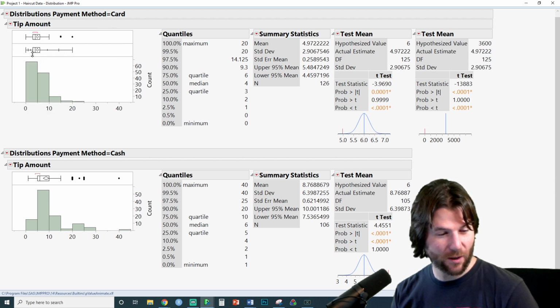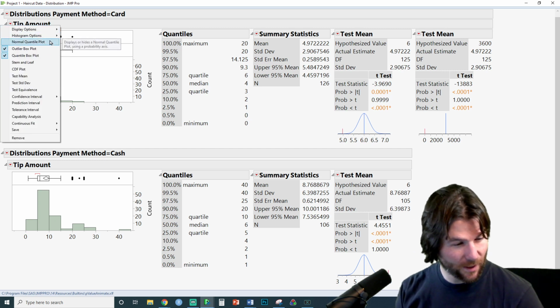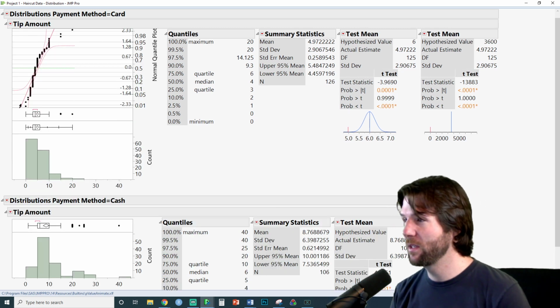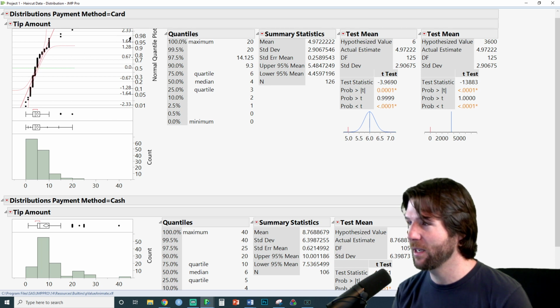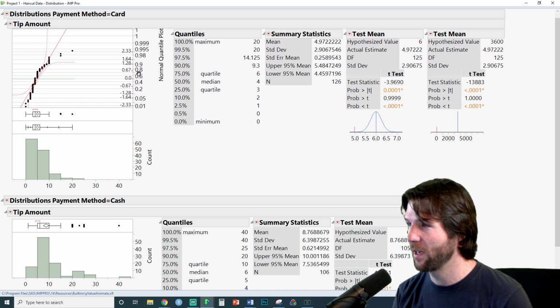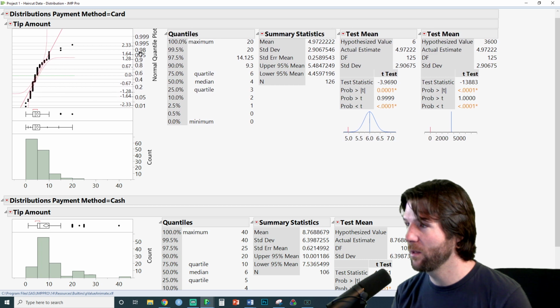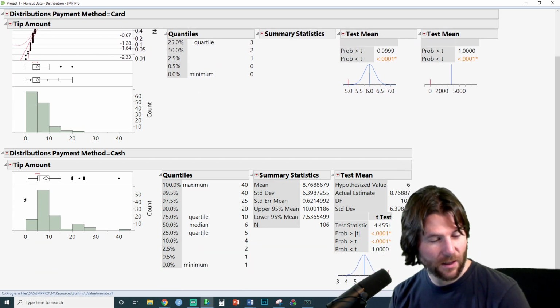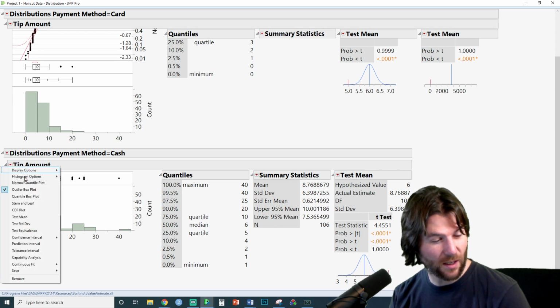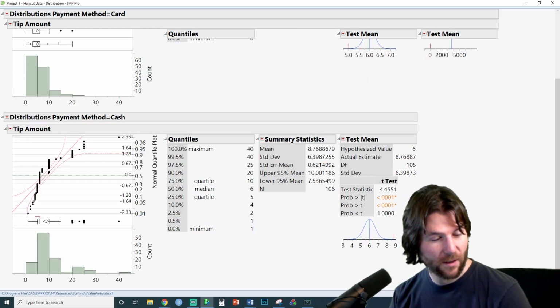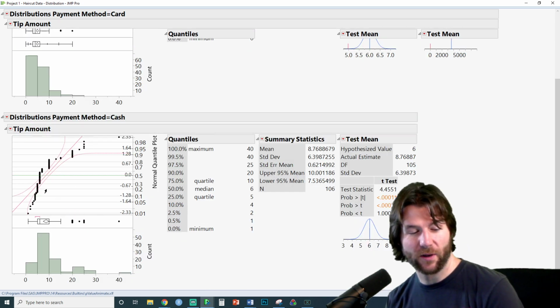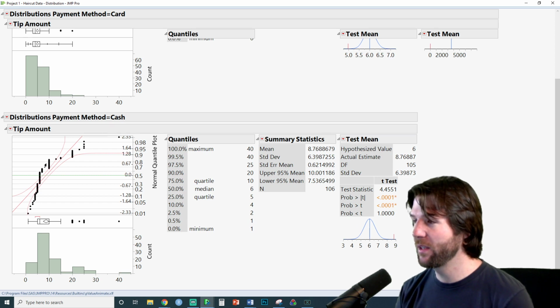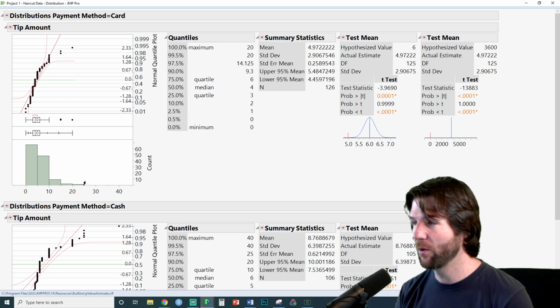Here's the quantile, what's the quantile box plot? There's the normal quantile plots. You notice this actually has a little bit of a bend to it. I actually would have thought it would have more. I think we're missing those outliers. This one looks a little more normal, so let's look at it with the normal quantile plot. That one looks more bent. How is that? Oh, because it's got these more outliers right here, so it does kind of create that. So both of these, this one has a problem in here. There is some non-normality to this.